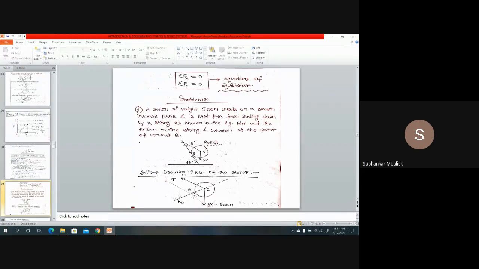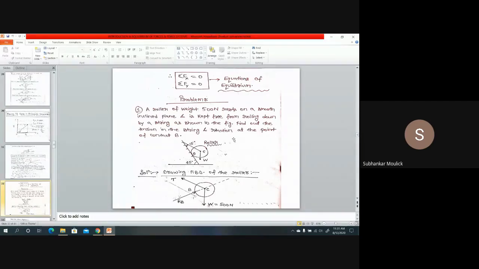That means this roller is rolling down on this inclined plane and it is connected with a string at this point. This is my string, which is inclined at an angle of 15 degrees. I have connected the string to the center of gravity of the roller. Fine. And there is no friction between the roller and the inclined surface. Find out the tension in the string. How much tension is exerted in the string, that I need to find out.